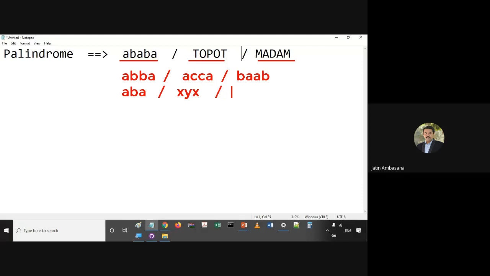All these are palindromes. If you say AB, that is not, but if you say A and A, that is, or BB, that is. Using 6 characters, it can be something like ABCCBA. This is also a palindrome. So these are the types of palindromes that you have.